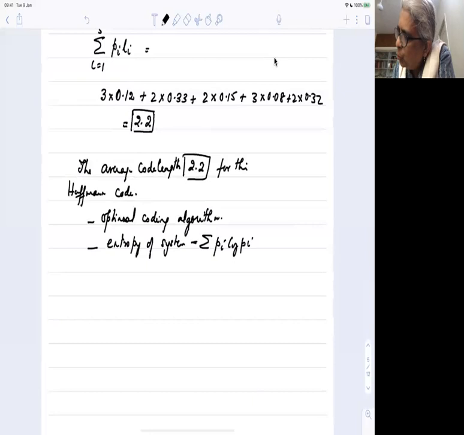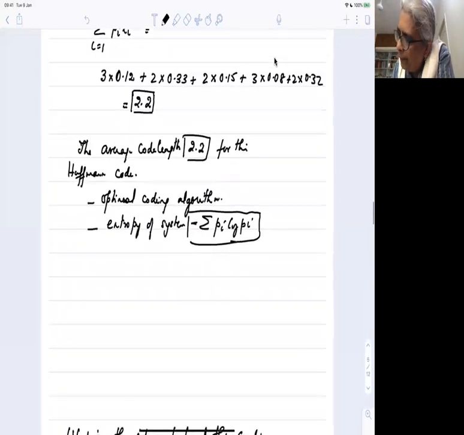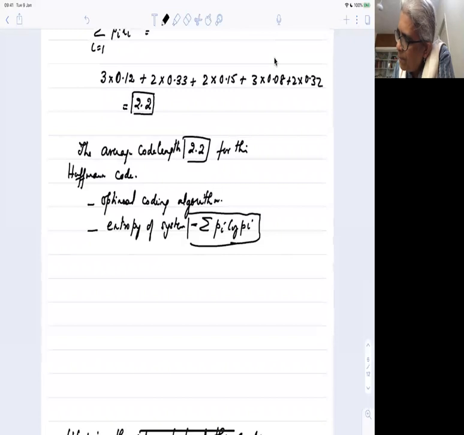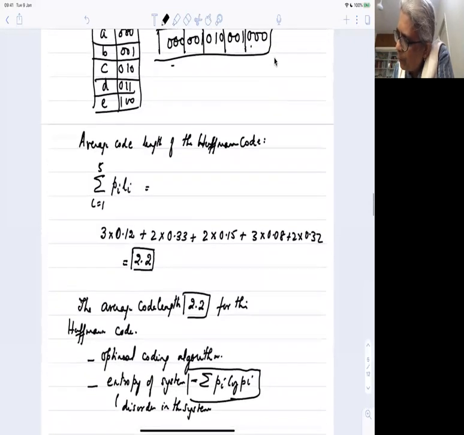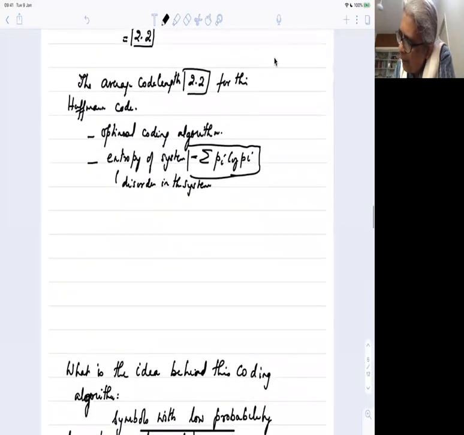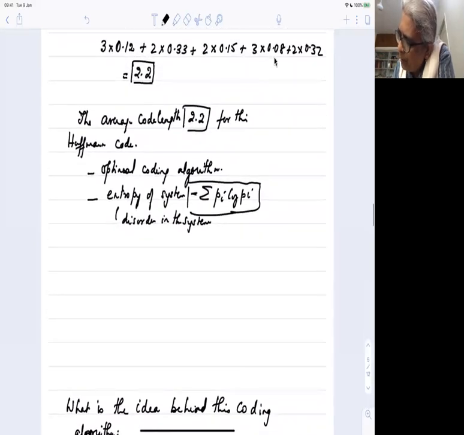And it can be shown that this Huffman coding actually reaches this entropy very closely, and entropy is the disorder that is there in the system. Okay. So this is a very, very popular coding scheme,